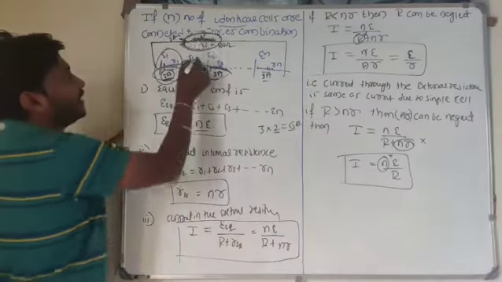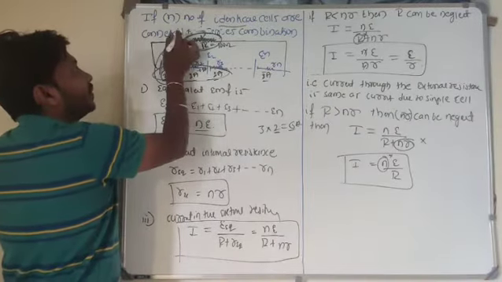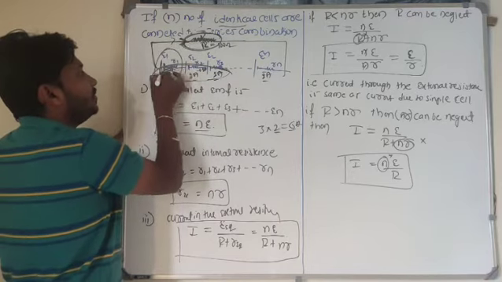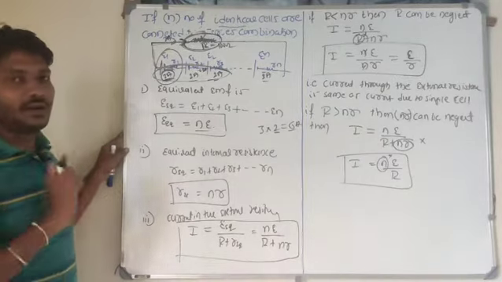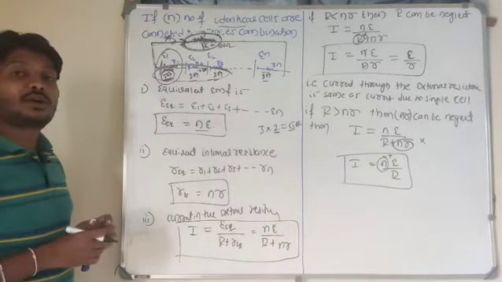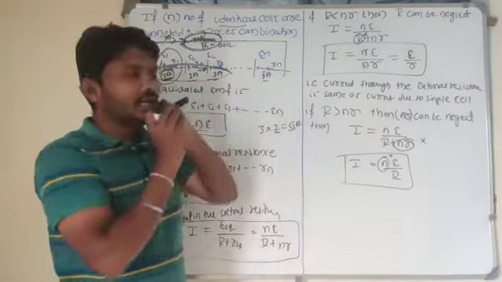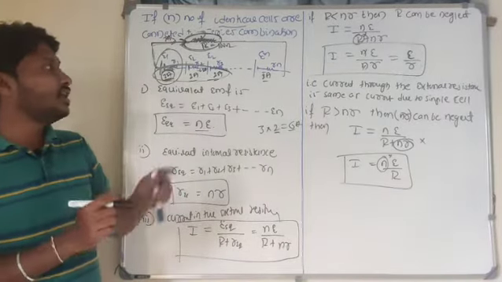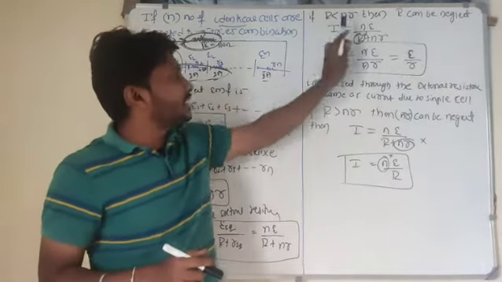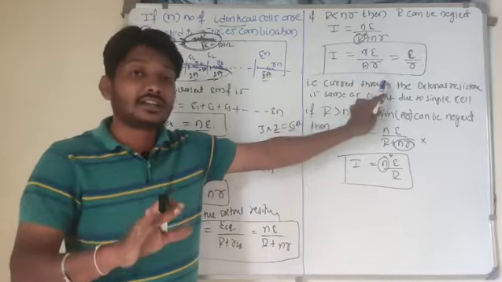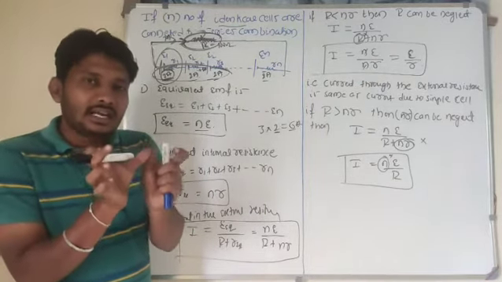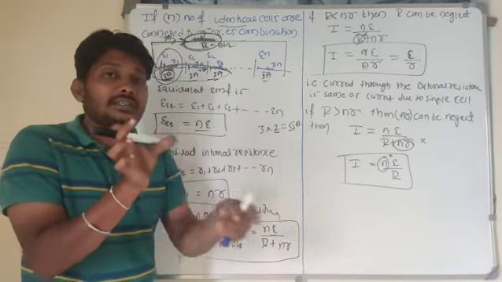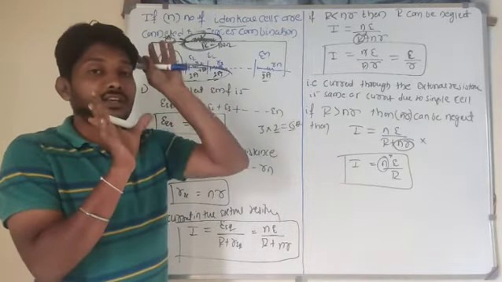If the value of external resistance is less, what is the maximum current here? The current due to a single cell, that is 2 ampere of current. So hope you understand here. In case of series combination of the cells, if external resistance is less, the current in the external resistance is equal to the current due to a single cell. It means whatever current a single cell produces, the same current will be present in that external resistance.